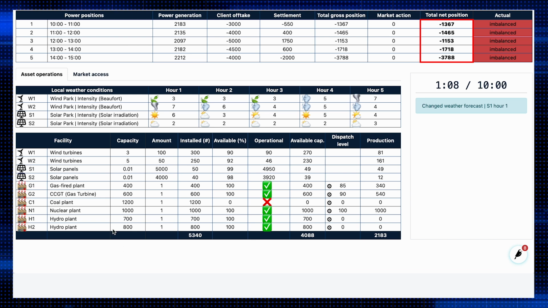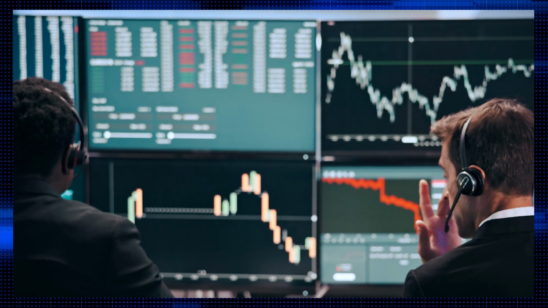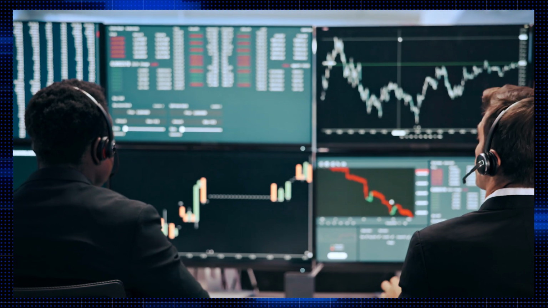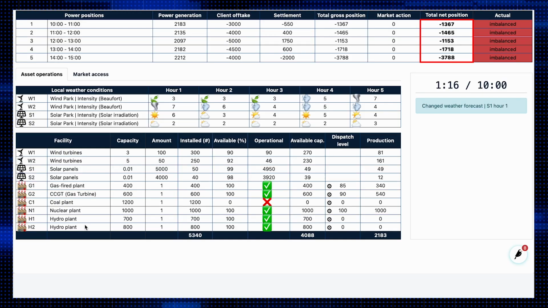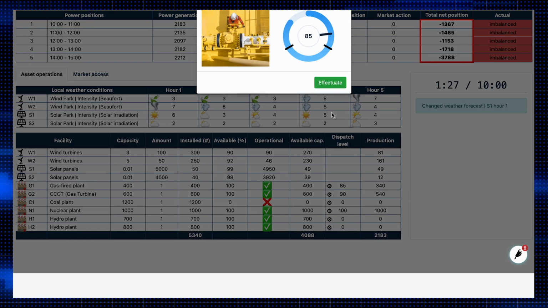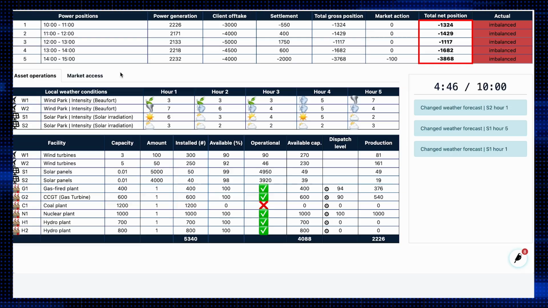In this simulation, you act in the capacity of dispatcher at an electric utility. This means you control physical power generating assets. This includes various power plants, hydro facilities, wind turbines, and solar parks. Quite some of those you can start or stop. And if they are running, you can ramp up or down to the preferred operational level.